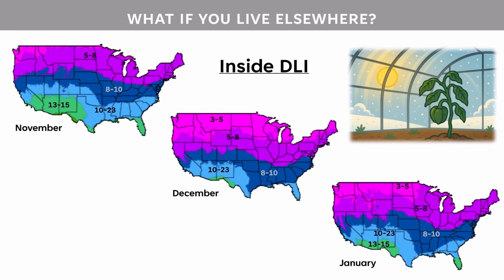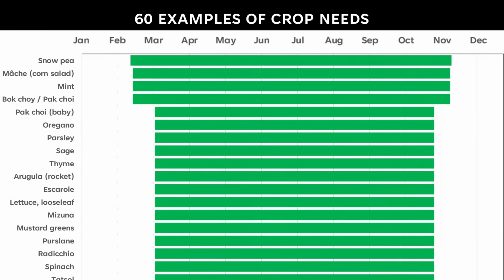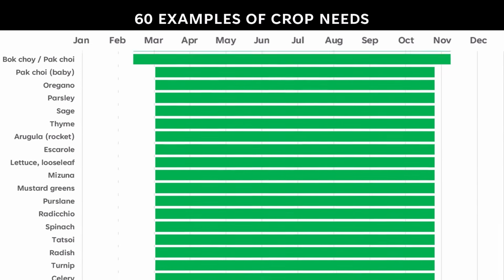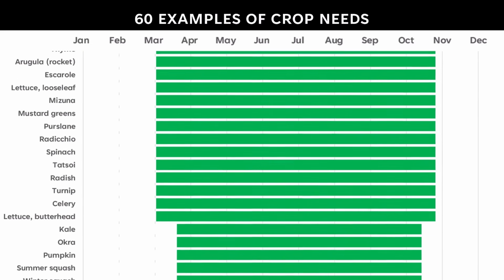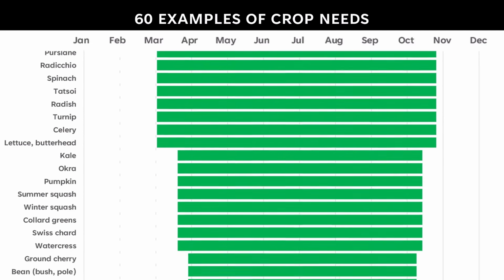Now, let's look at some specific crop needs and the potential growing season without supplemental light. Here we have across the top the months of the year and the range of dates when our light levels in my high tunnel are sufficient for vegetative growth. Interestingly, I really don't have enough light until mid-February for even the lowest light crops. Many of the leafy greens are some of the most low light tolerant options feasible, starting in March. By April, we have enough light for almost everything.